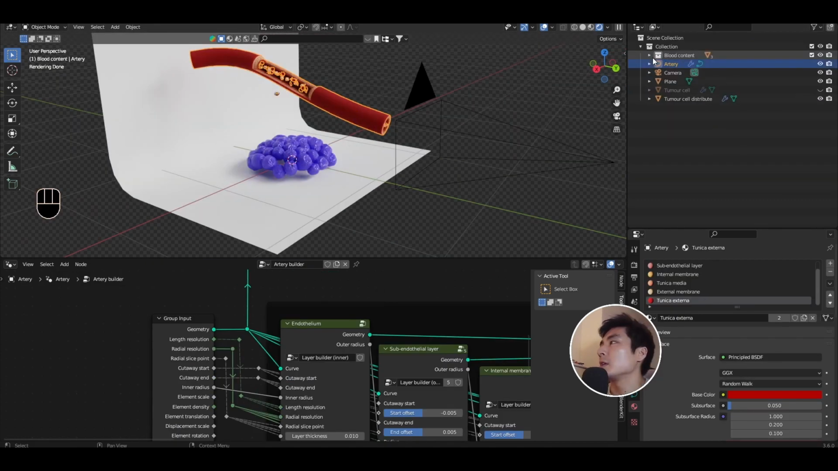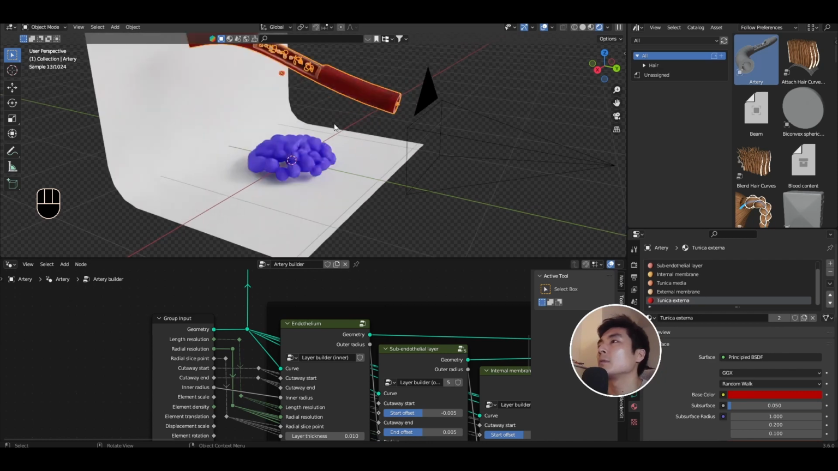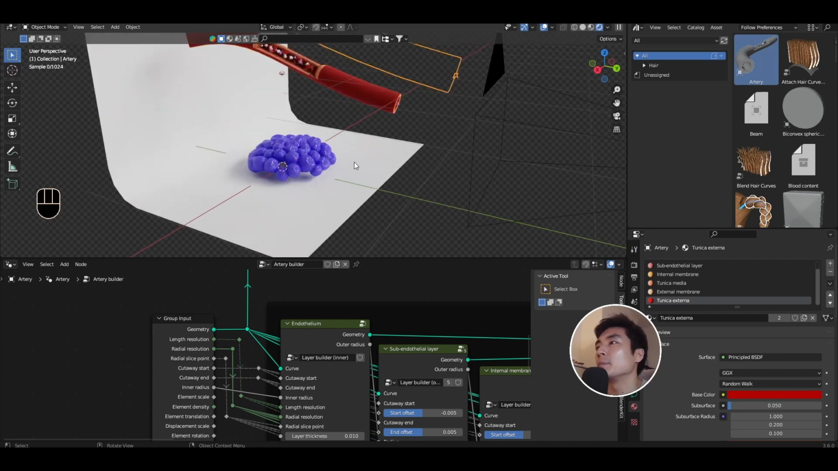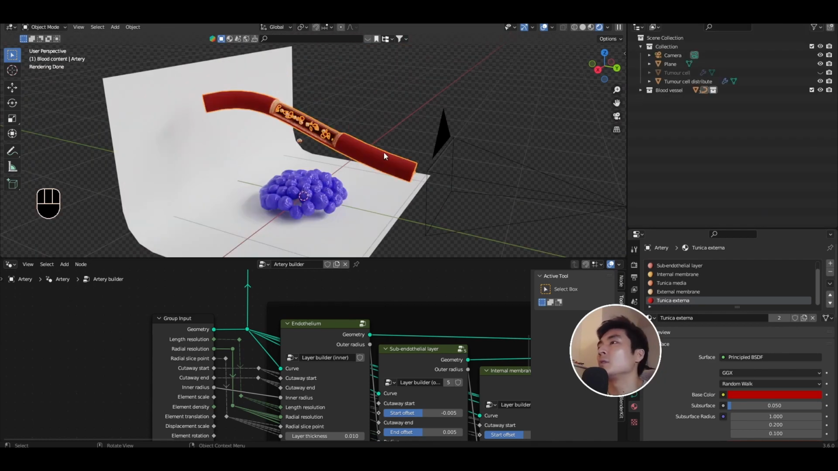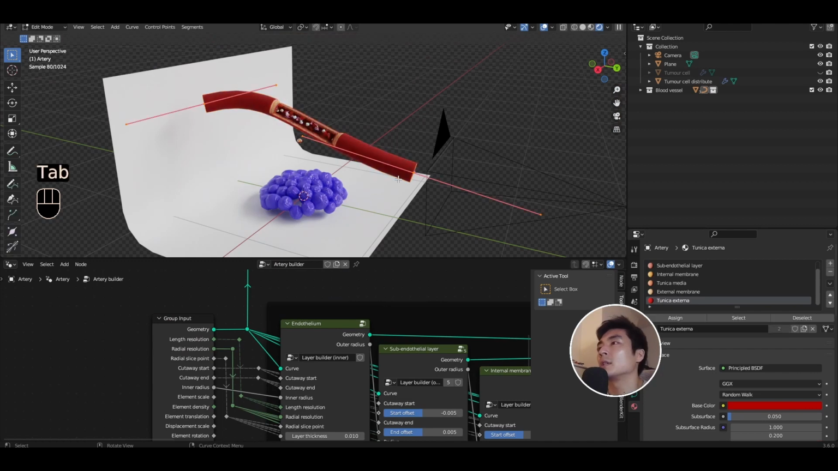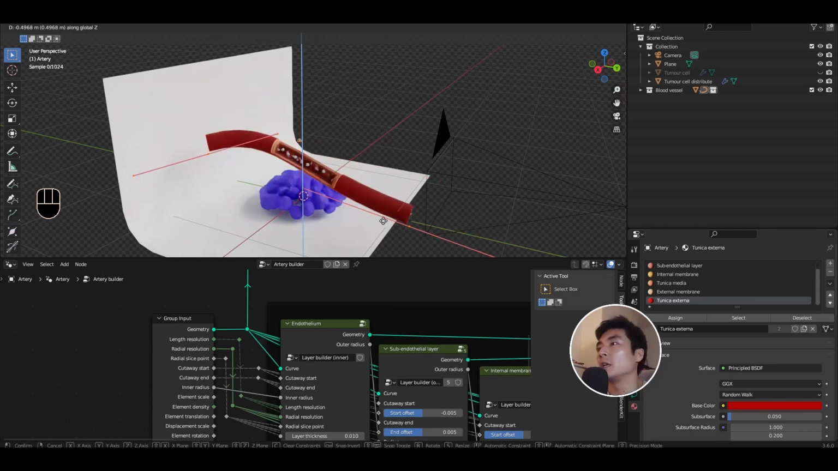I'm just going to create a collection of the blood content in the artery by pressing M, new collection, and I'm just going to call this the blood vessel. So now let's just position this blood vessel so that it sort of drapes over this bed of tumor cells. All you need to do is select the blood vessel, tab into edit mode, and just move the object entirely